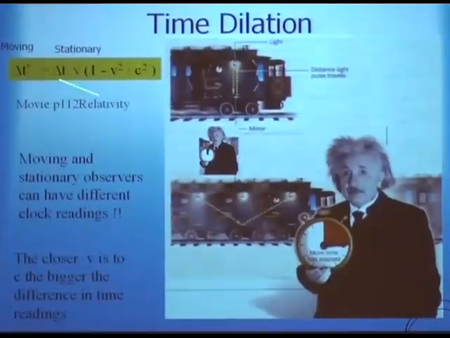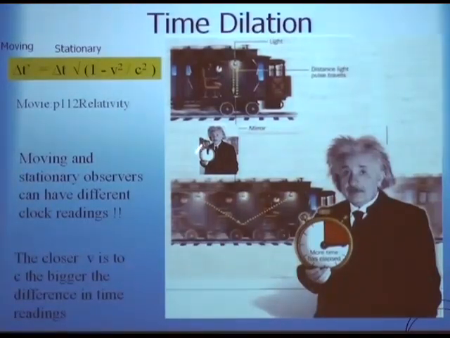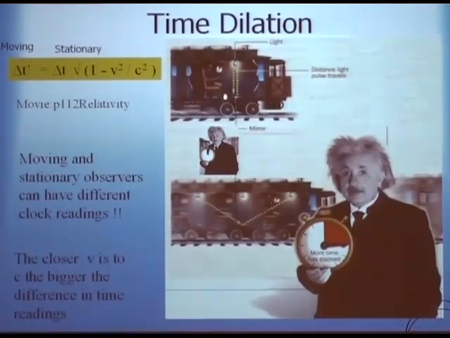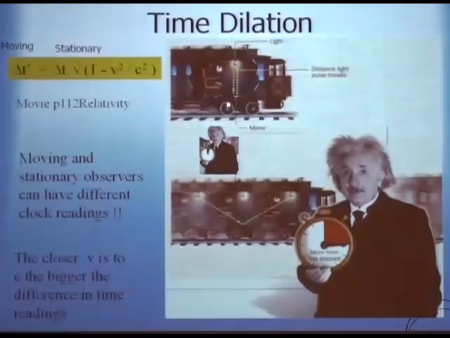All right, so here is what he came up with. He said, suppose you have a train that's moving, and instead of a mechanical clock, I'm going to use a light clock. A light clock is something where you have a light beam that goes up and down. So instead of a ball falling up and down, and you're measuring the time that it takes the ball to go up and down, we're going to have a light beam that goes up and down.